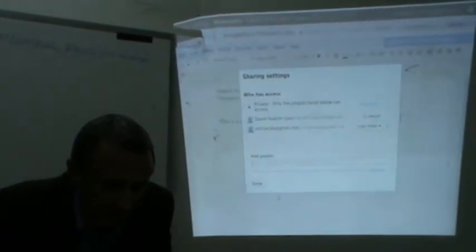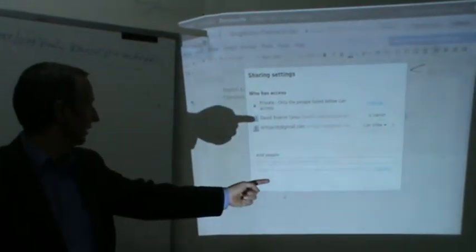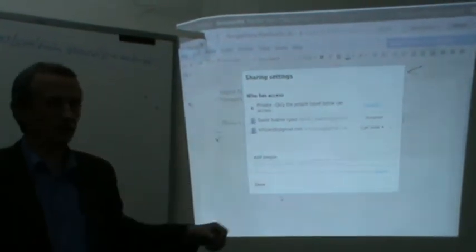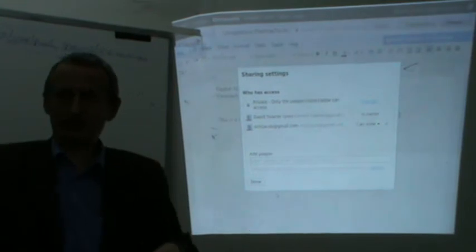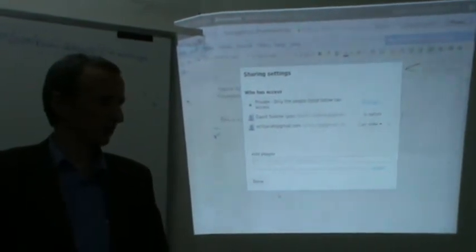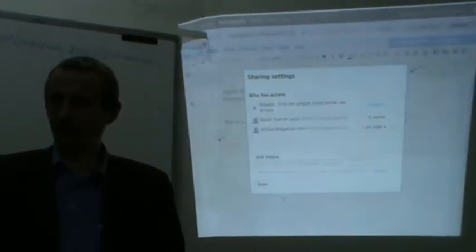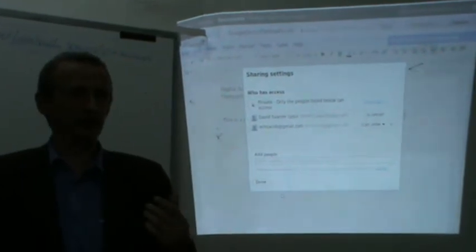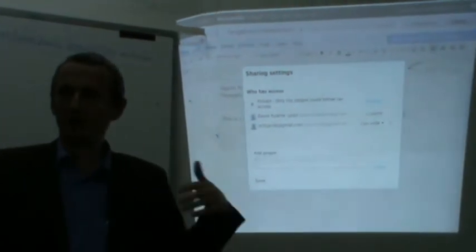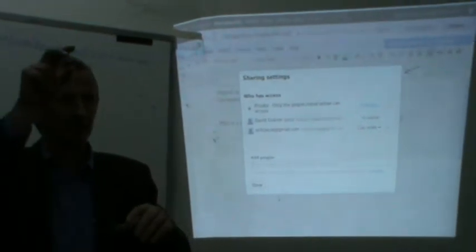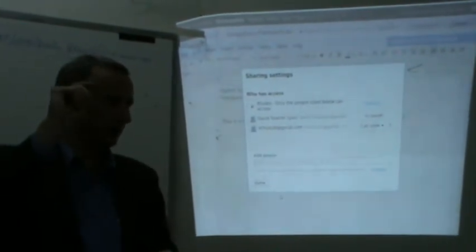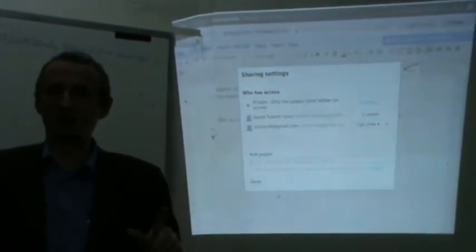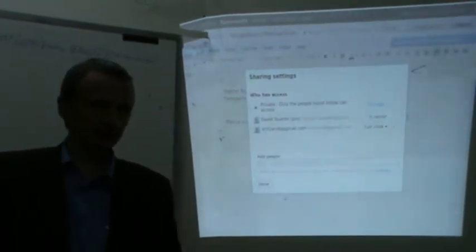What happens now is that you can see the list here: me as owner, and Jacob. He can see it. If Jacob was logged in, he could see exactly what was going on as it's going on. A few seconds and he's got it online on his screen. If we have co-editing, we can sit and edit the document, and whatever he does comes up on my screen after some seconds. Whatever I do comes on his screen after some seconds.